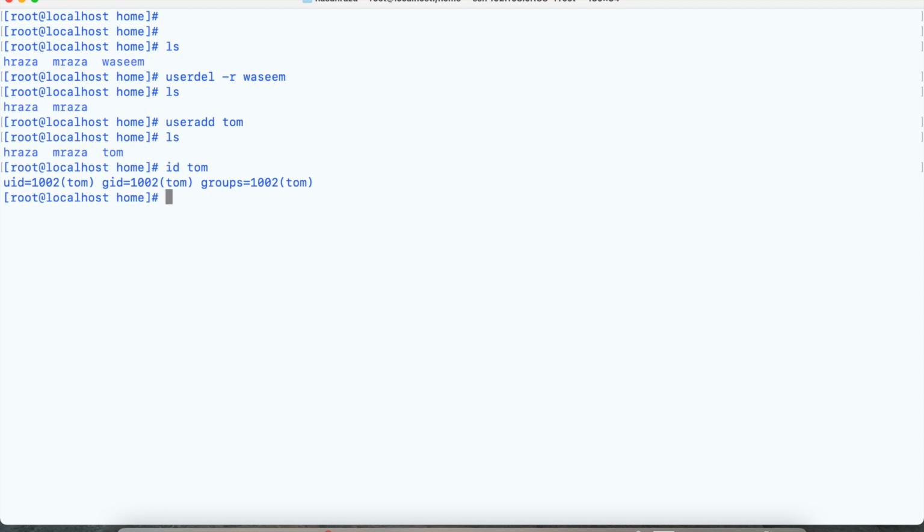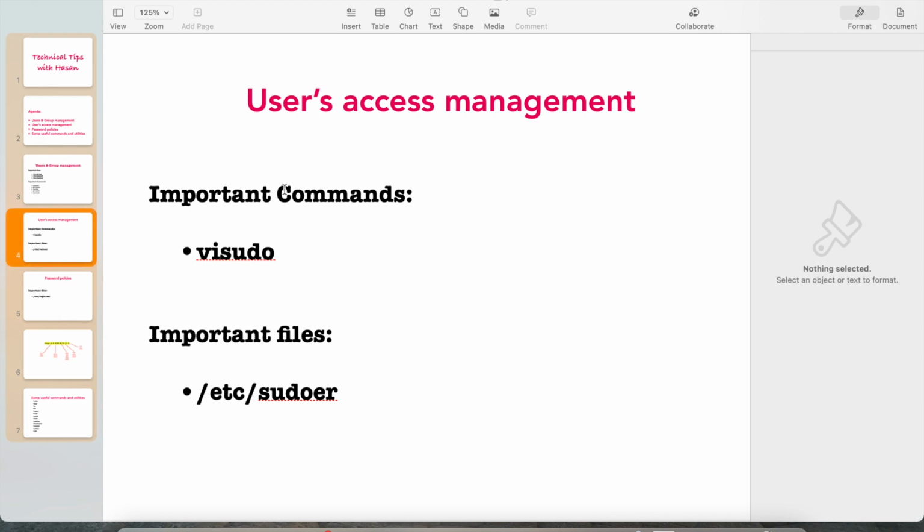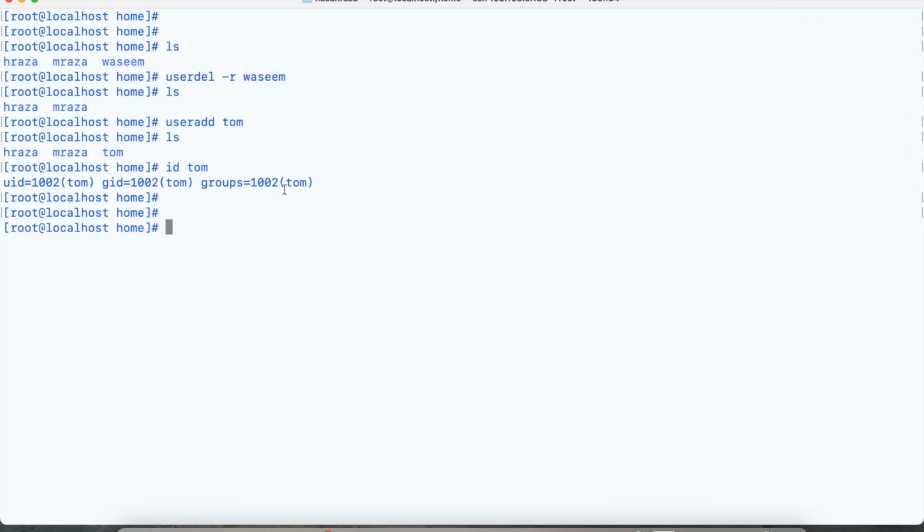Now what I want to let you know is that there are a lot of commands and processes which cannot be performed by an ordinary user. For example, I created Tom. If I log in as Tom,